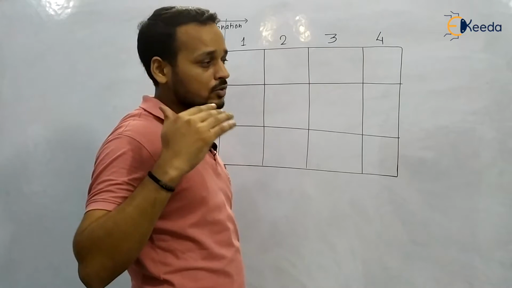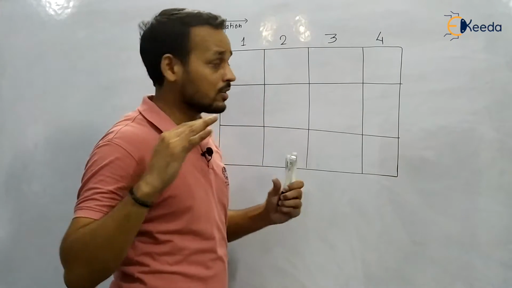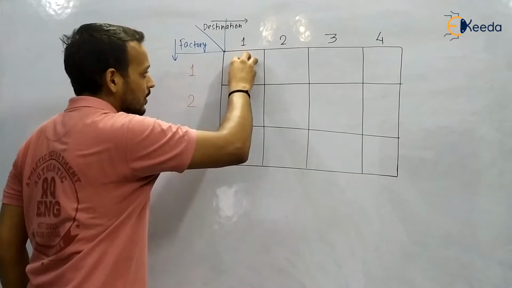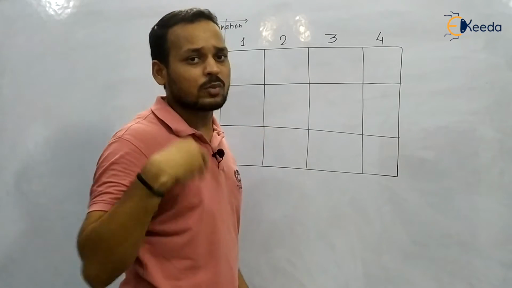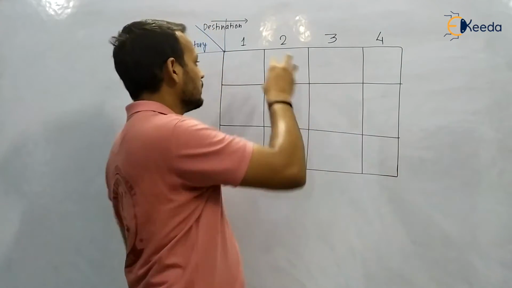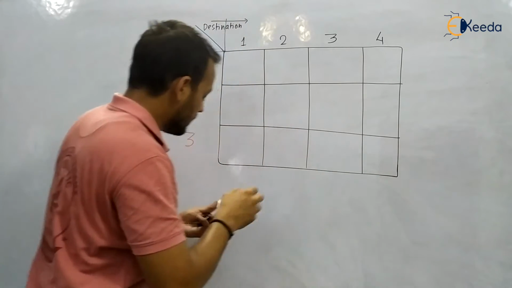We have to minimize that cost in such a way that each and every demand is satisfied with the supply. There will be certain demand, meaning this destination requires some units. You cannot simply supply 100 items. Suppose it requires only 50, then you have to supply only 50 items.